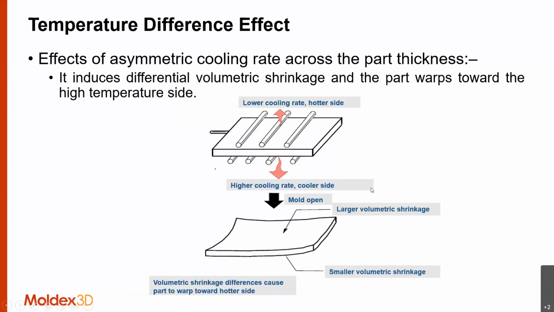So when the mold opens, the top side will go through larger volumetric shrinkage and the bottom side will show smaller volumetric shrinkage. So we can say, okay, in this kind of scenario, shrinkage coming from temperature variation could also lead to warpage. And if we also have this scenario sometimes, and if our part is pretty simplified, like a plate model, then we may also face bending issues. Like there will not be only shrinkage, but there can be bending as well.